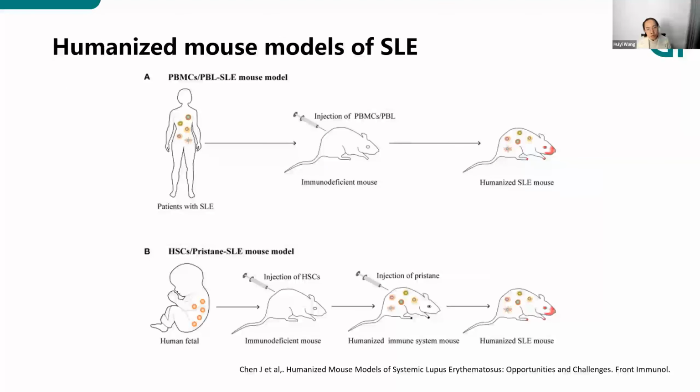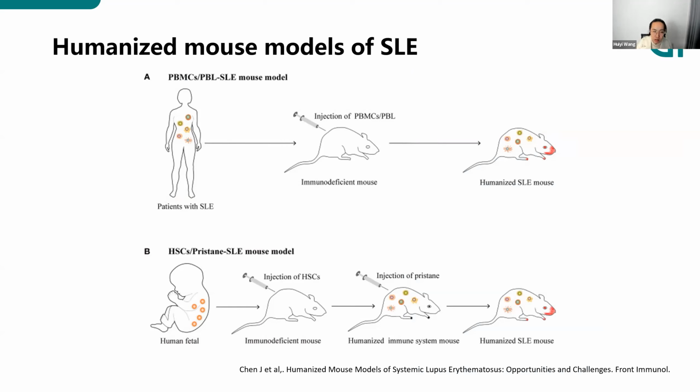And the third autoimmune disease model is the SLE. Actually there are two ways to construct the SLE autoimmune mouse model. Firstly is the PBMC humanized SLE mouse model. It can better simulate the clinical characteristics of SLE patients, about their lifespan, and as we all know that